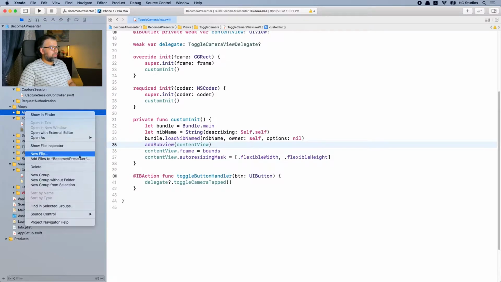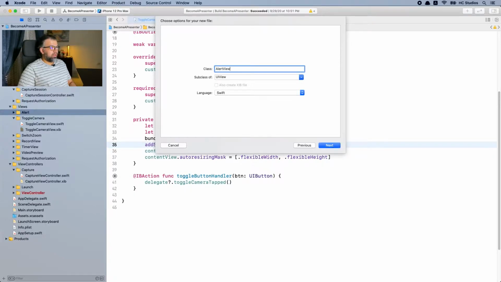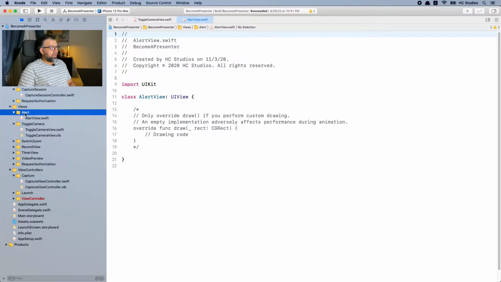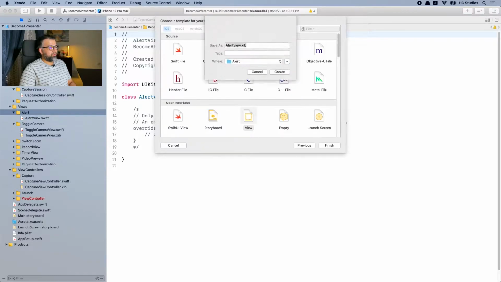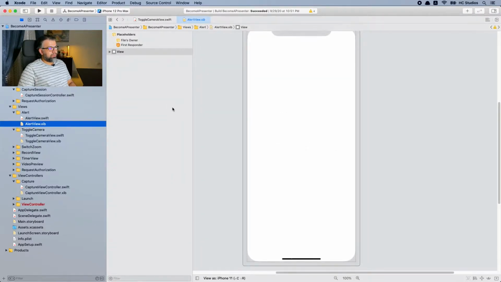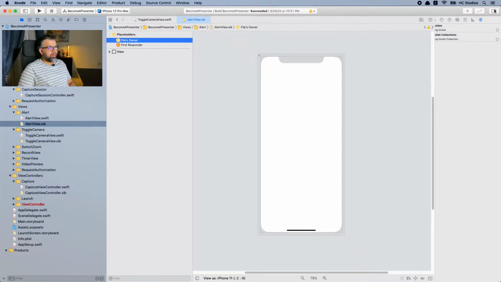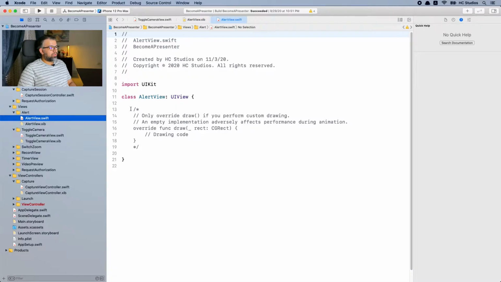and also need to create a new file. We can start by CocoaTouch class first, and here I'm going to say alert view and make sure we set the subclass of UIView. Click create, and similarly I'm going to create a nib file with the same name, alert view. Make sure we zoom out so we have enough space, and I'm going to select the file owner and bring up the right bar and set the class name as alert view, and also go to the alert view.swift file